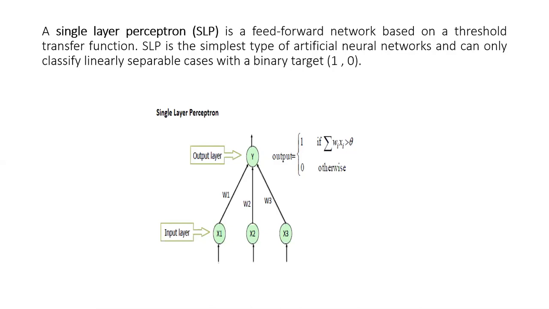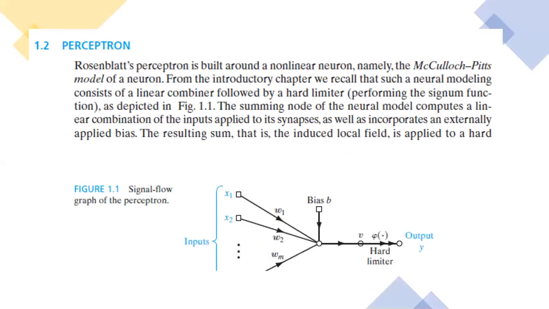So try to understand. These are the inputs, weights, dot products, and the net input calculated value. Then we apply the threshold or activation function, and we get the output. The data is classified as belonging to either class 1 or class 2. Suppose you assume this is class 1 and this is class 2. Now we will classify the data, and we will see the signal flow graph of the perceptron.